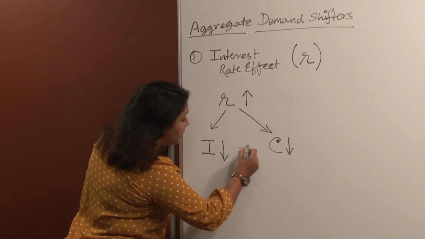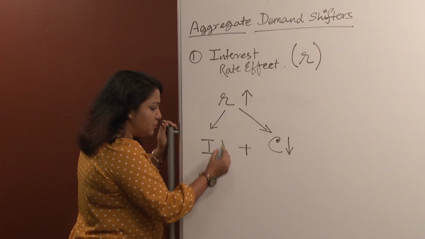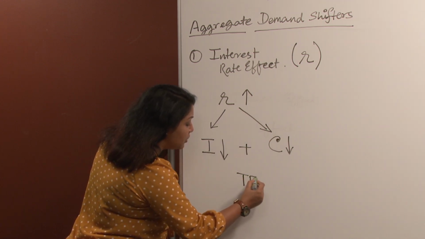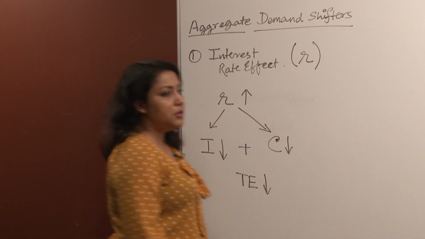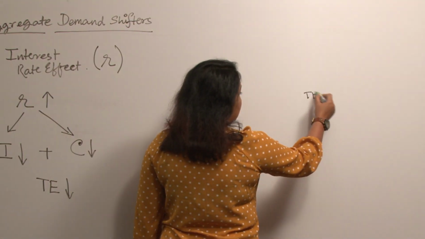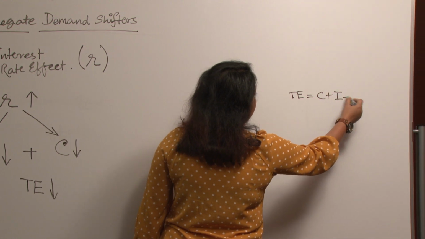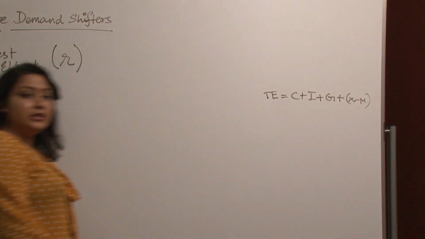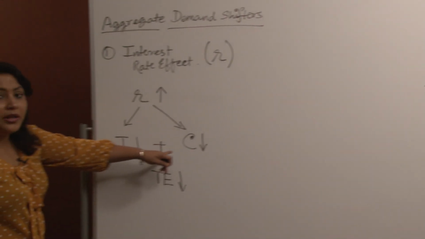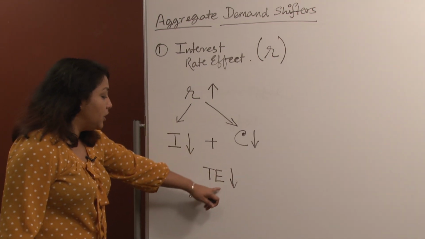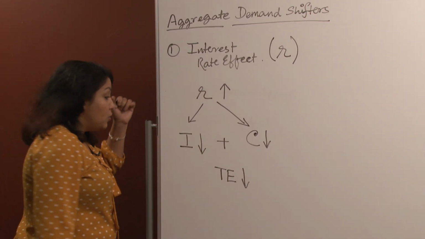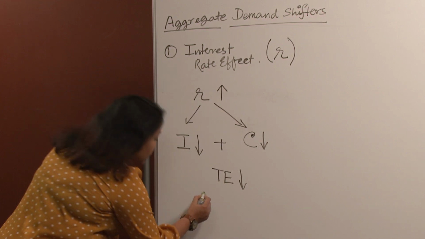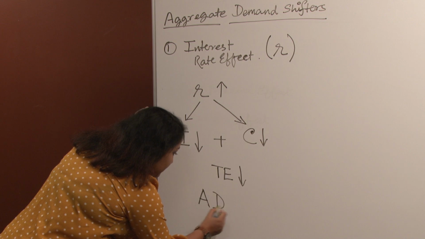Now these two things taken together, the decrease in investment spending and the decrease in consumption spending, is going to decrease the total expenditure TE of the economy, because remember what was TE? TE was C plus I plus G plus X minus M, right? That is your TE. So C and I coming down with everything else staying the same in the economy would take your TE down. So as TE comes down with no change in the price index, the aggregate demand comes